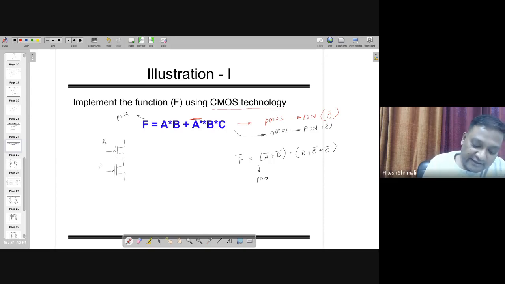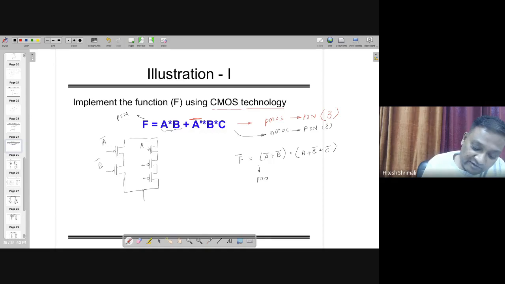But if you are keeping A and B over here, the effective inputs going here becomes A bar dot B bar. So we don't want to do that. So we are going to keep bar on top of that so that this becomes A and B. In parallel to that, the entire thing is available, which is A bar BC. Because of this AND operation, all three PMOS transistors have to be in series like this. But we need to see which is the correct one.